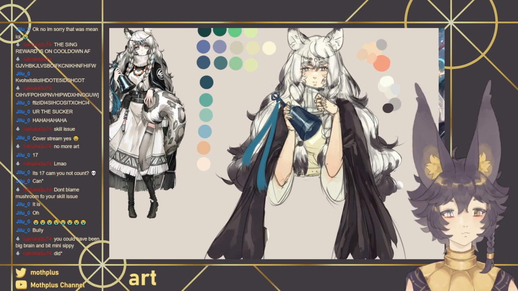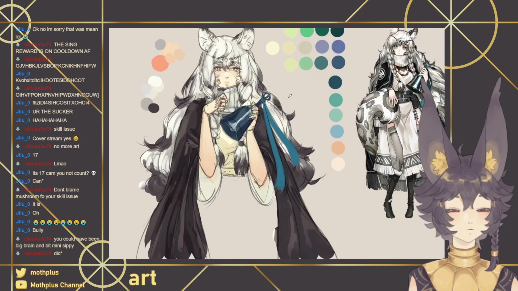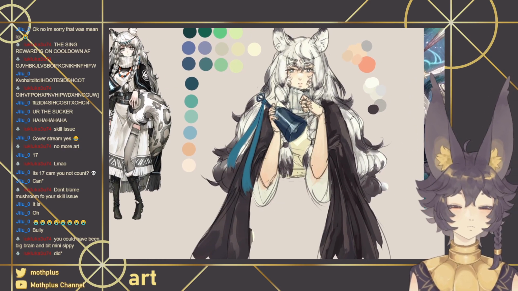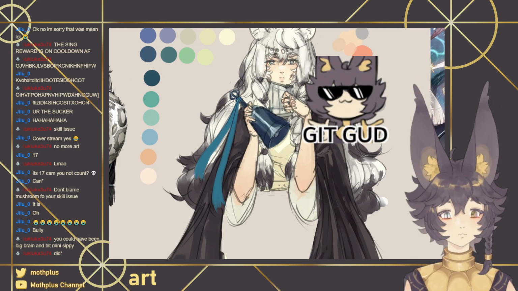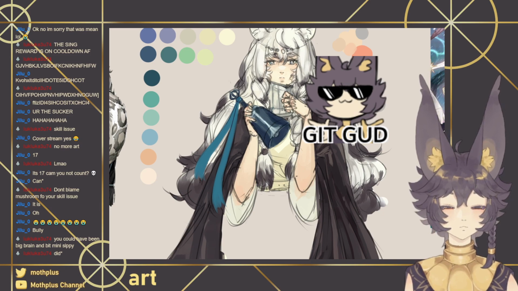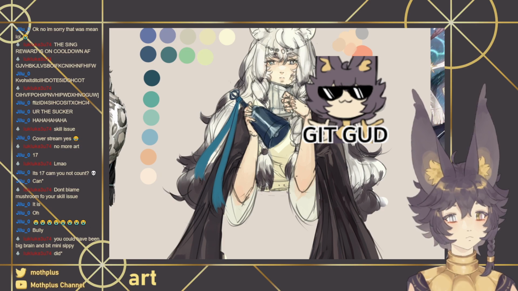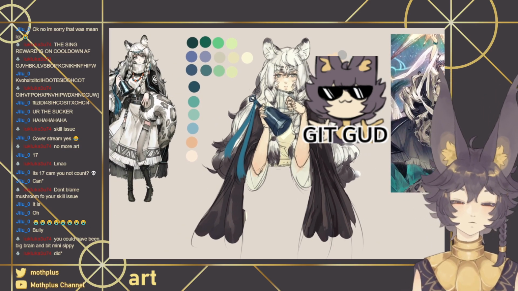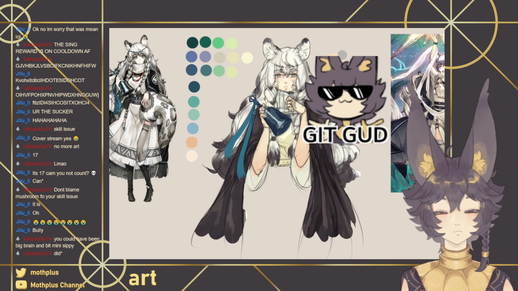Which one's on top? I think this one. I don't really need to do the lines yet, because I still need to... Let's get some shading in this.